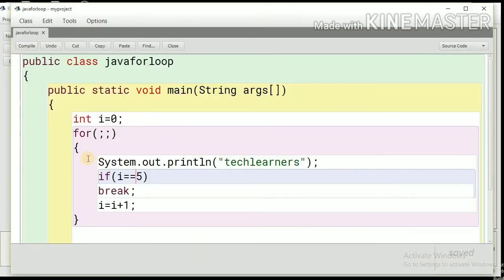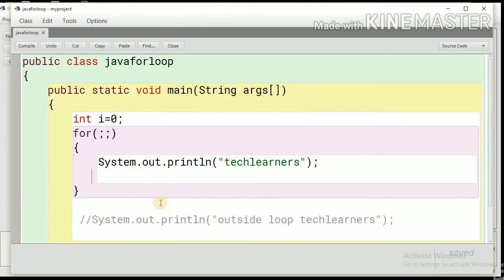The statement is printing 6 times because we are beginning with 0 and we are going till 5. So 0 to 5, it is 6. So this is how we can use the for loop. It is advisable that you follow the conditions: write the initial condition, then the termination condition, and then the updation condition here. So this is just the counting, and we can also use the reverse manner.